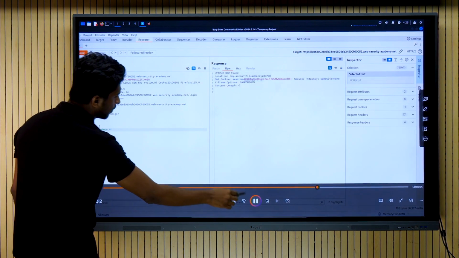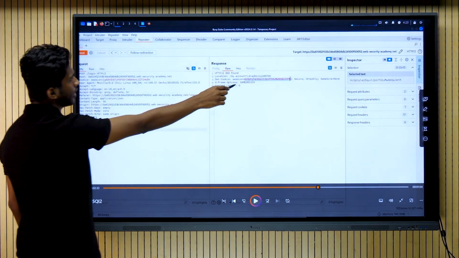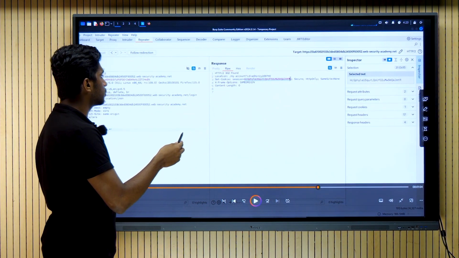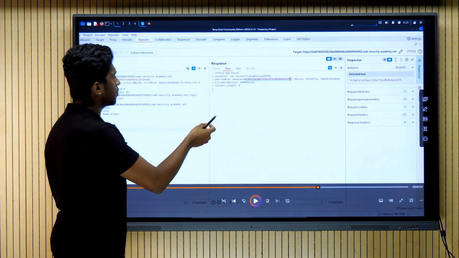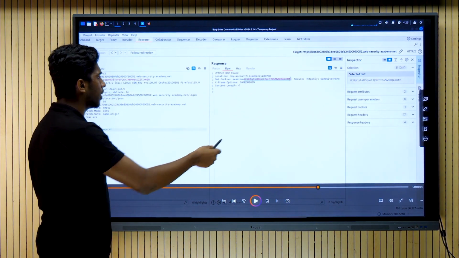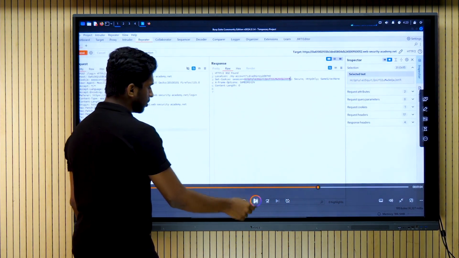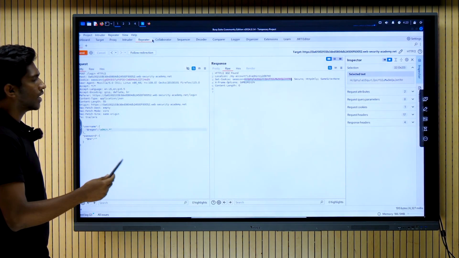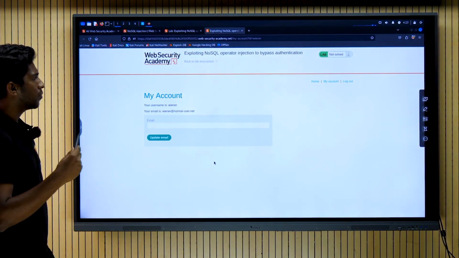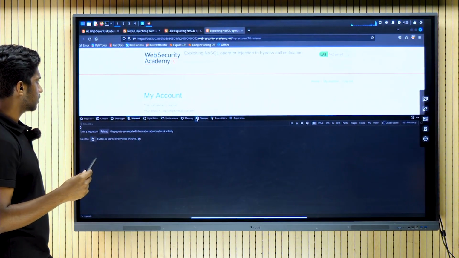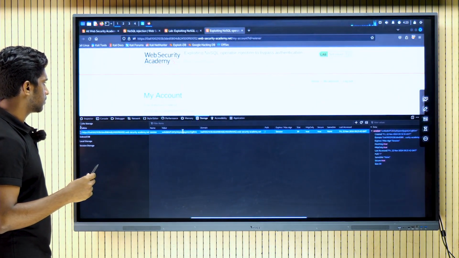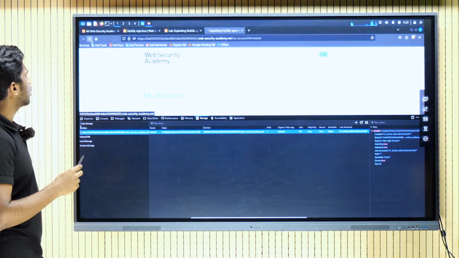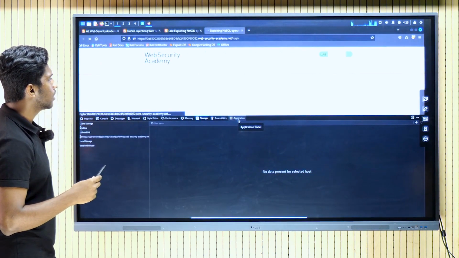When we send the request, it gives us a session ID and a 302 response, which usually comes in the response when we have successfully logged into a user account. So we will be copying this session ID and putting that in our browser. We copy and paste it, and we get a lab has been successfully completed